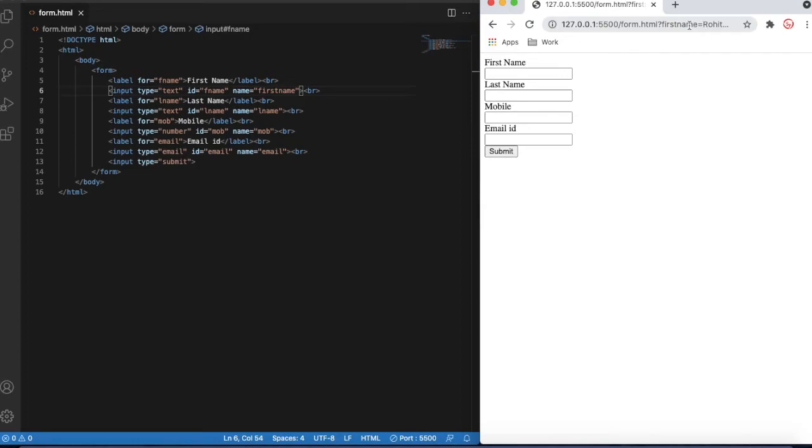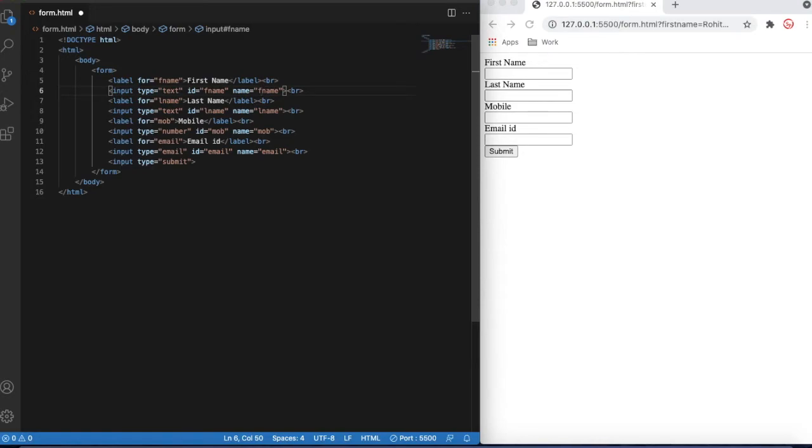It means that the name is a very important component for getting the data on the next page or to save the data. If you want to retrieve and save it in your database, or retrieve the data from the next page, you need to call it by the name, and from the name you will get that.